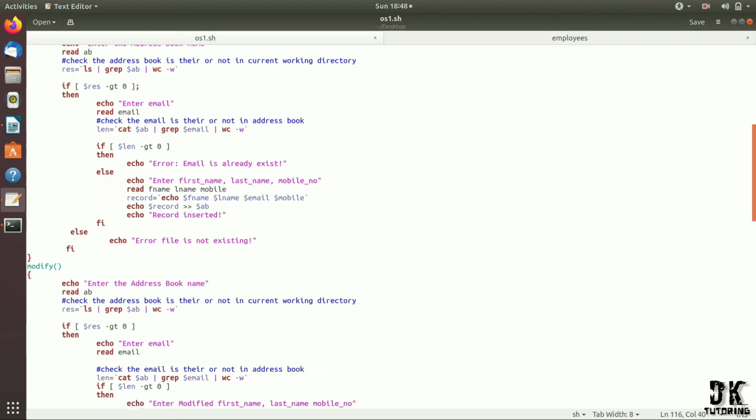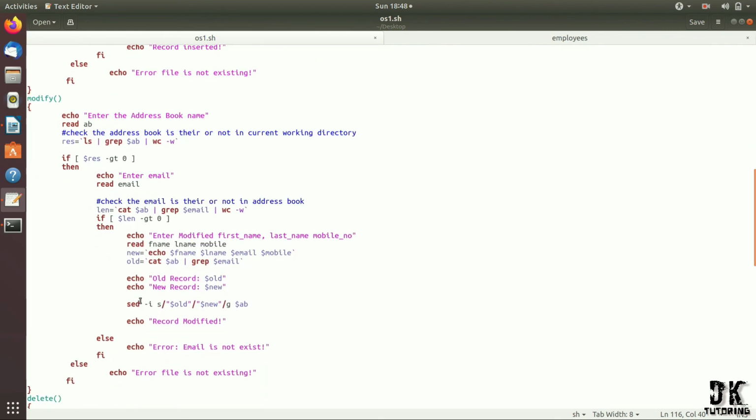For the modify function I use a new command, the sed command, then -jt, then s, -i, g. So in this whole address book program I have written various commands like touch, cat, grep, sed, -jt, -i, s, g, with reference to the instructions of shell programming.